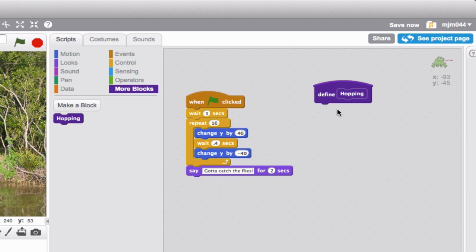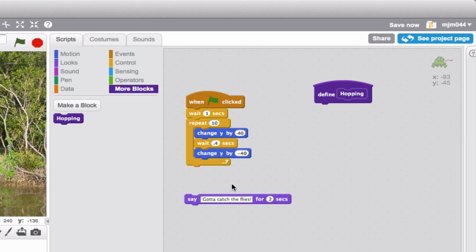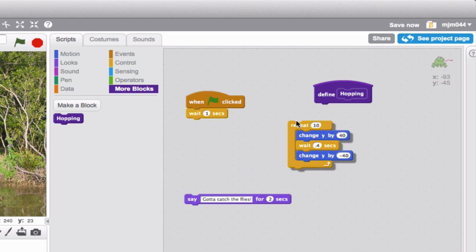So for the sake of hopping, out of all the blocks here, really hopping comes down to when you repeat 10 times the changing Y and then the waiting in between, because that's what causes the frog to actually look like it's going up and down at a relatively fast pace. So if I were to take this and I were to put it over here,